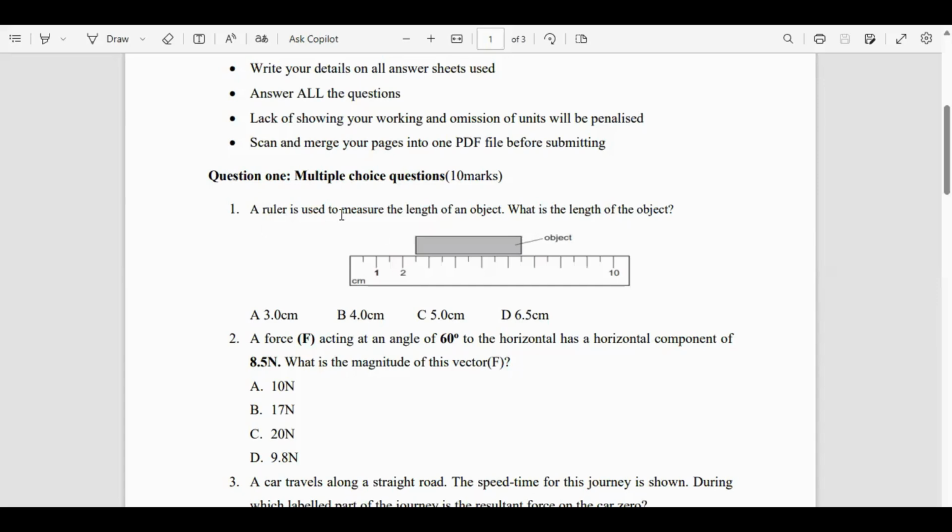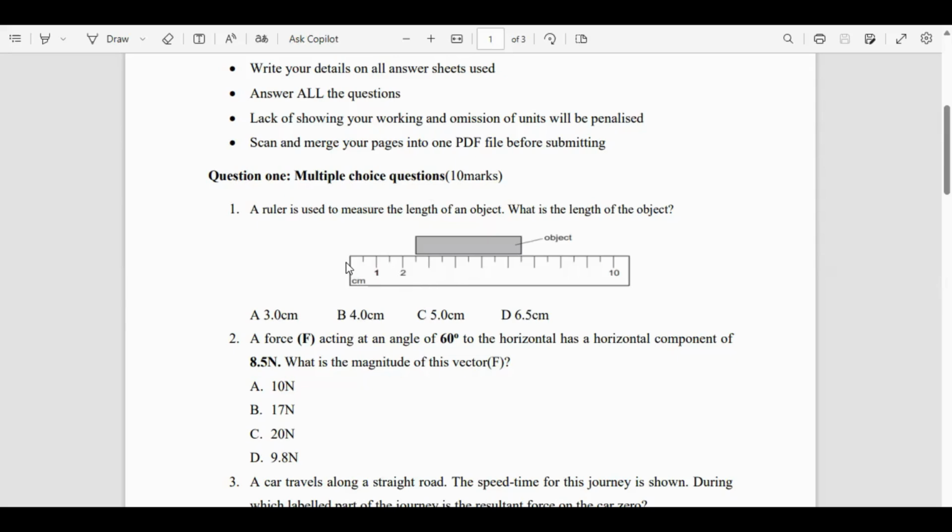A ruler is used to measure the length of an object. What is the length of the object? So this is coming from topic one, units and measurements. So if you look at our ruler, the first thing that we're supposed to determine is the scale of the ruler. How is the scale of this ruler oriented? So if they didn't place the object at exactly 0, but rather at some mark in the middle of the ruler like that. So the only thing you're supposed to do here is find out the scale of this